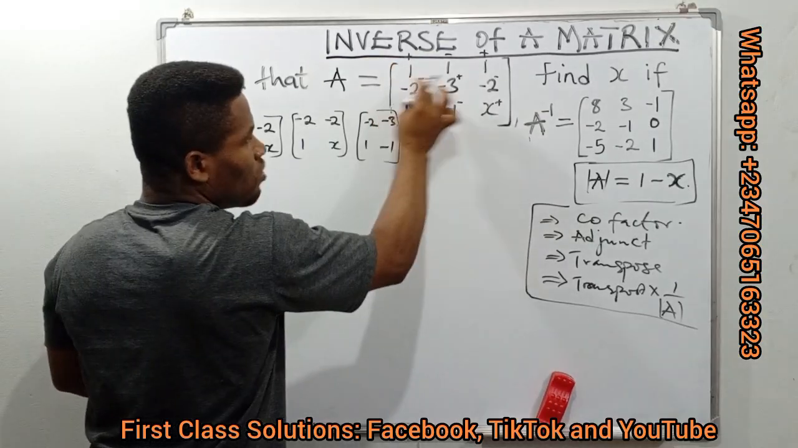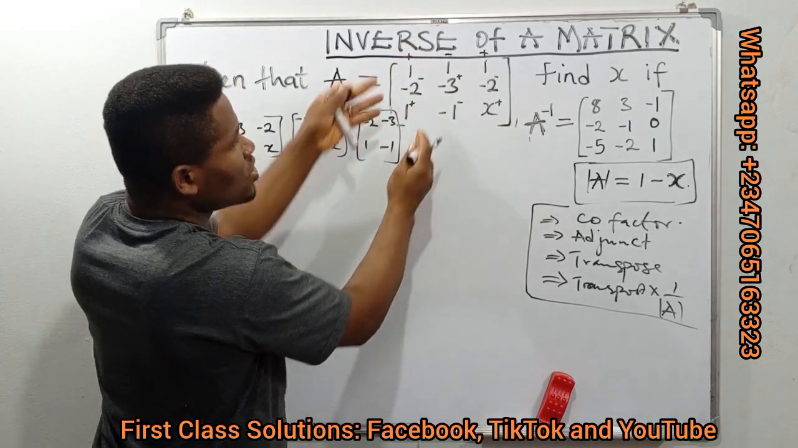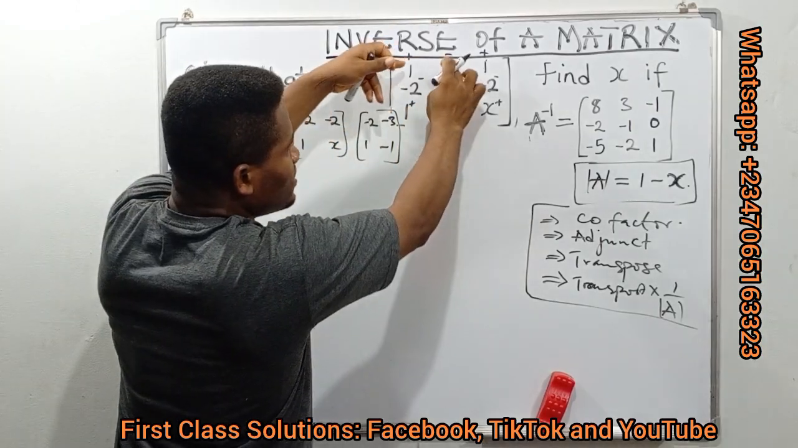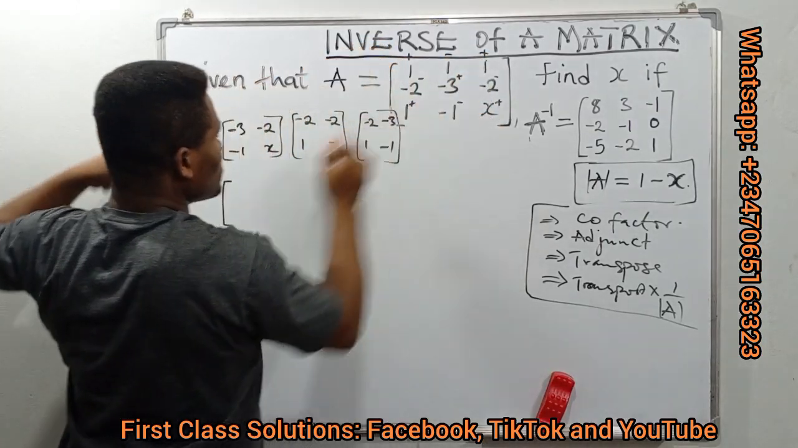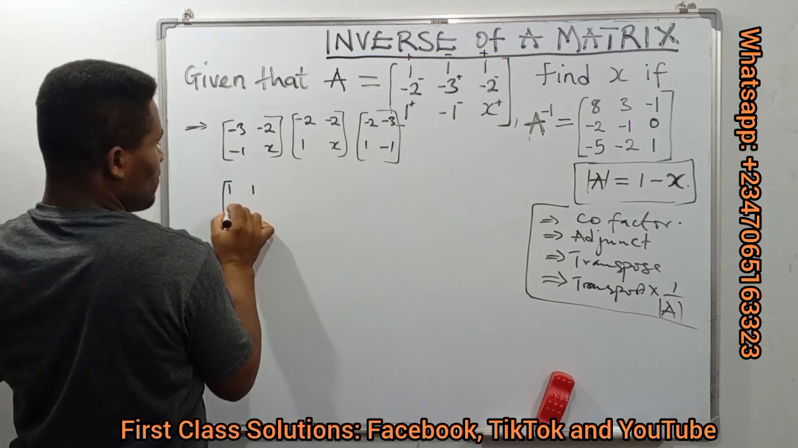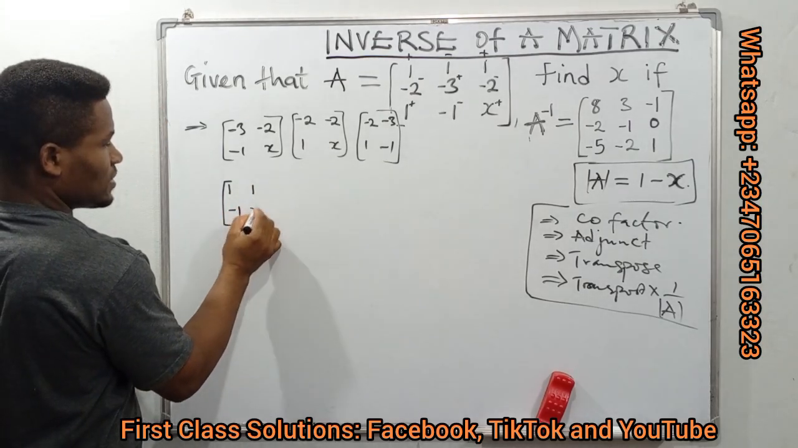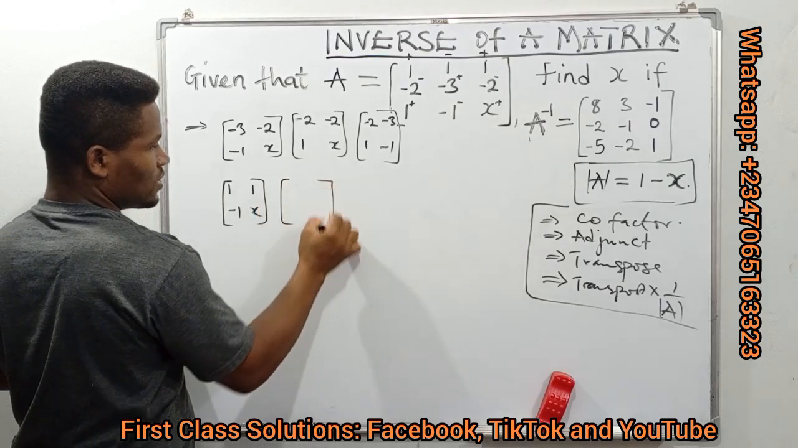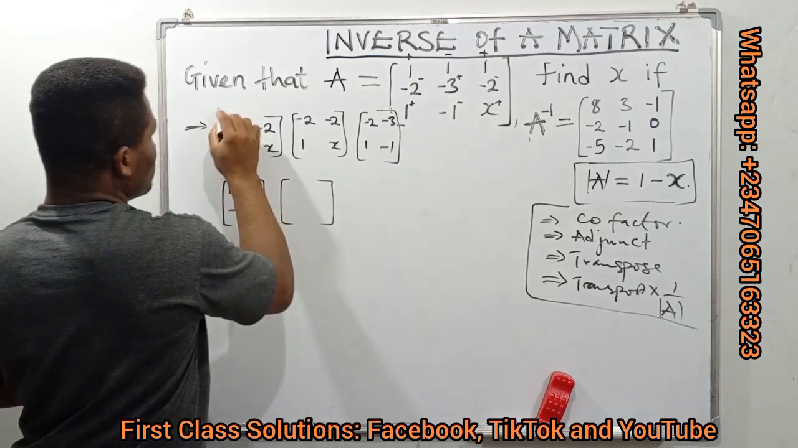We have to cover the second row and come with the first column. So if we cover this second row and this first column, what do we have? We have this and this, this and this. So that means to say we have 1, 1, -1, and what? X. We are trying to build our cofactors. Then the next will be